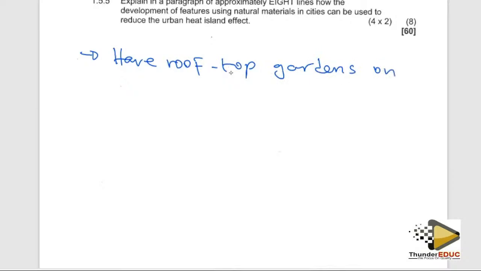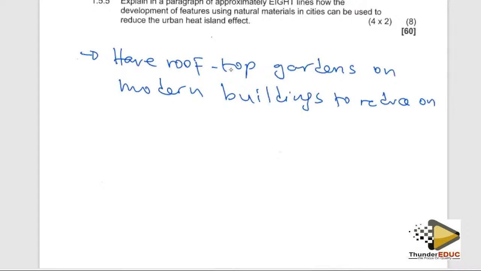We talk about one, have rooftop gardens on modern buildings to cool down, or we could say to reduce on heat. That's one. It as well says